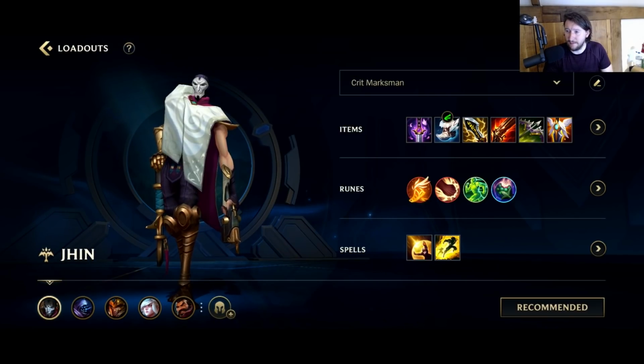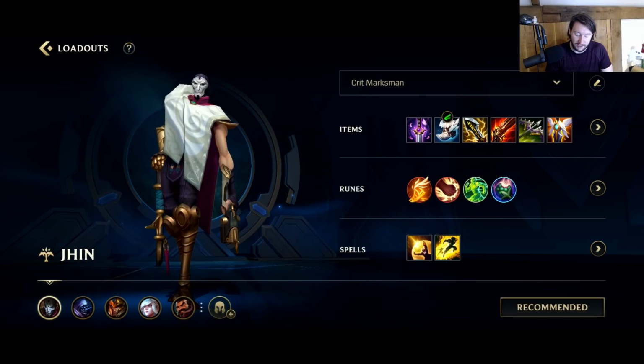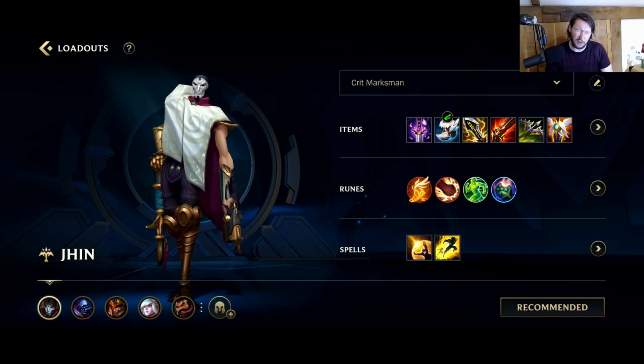Okay, Jhin. This has been the standout Jhin build that I've seen being played a lot. The Youmuu's Ghostblade into Boots of Swiftness, Infinity Edge, Rapid Fire Cannon, Last Whisper, and then Guardian Angel. Fleet Footwork, Brutal, Spirit Walker, and then the Honeyfruit. Some people go for the